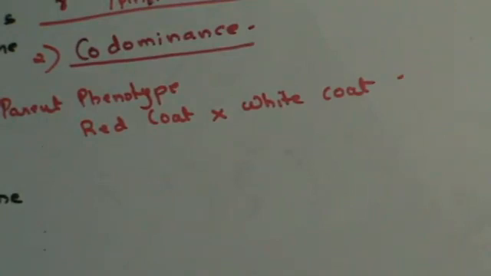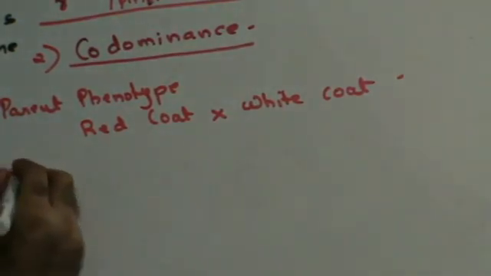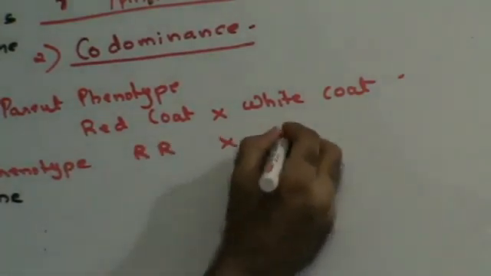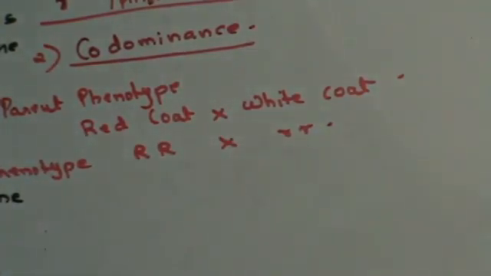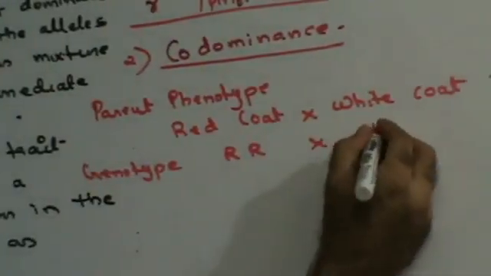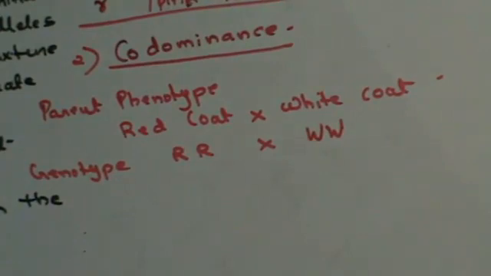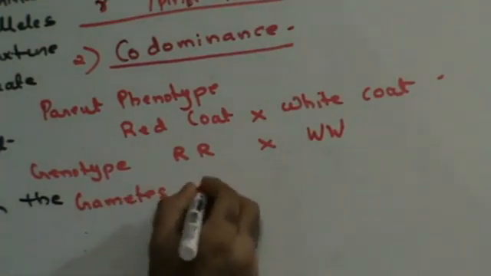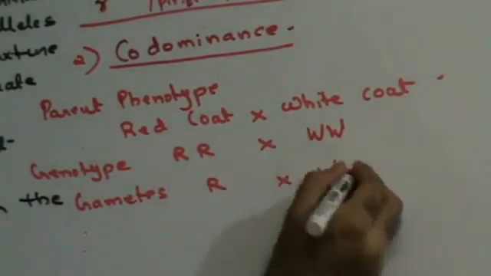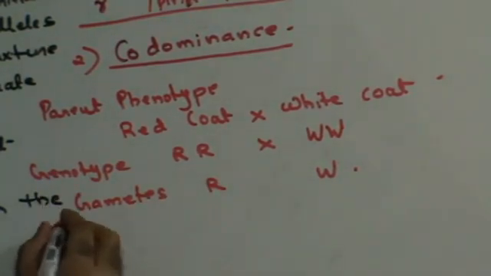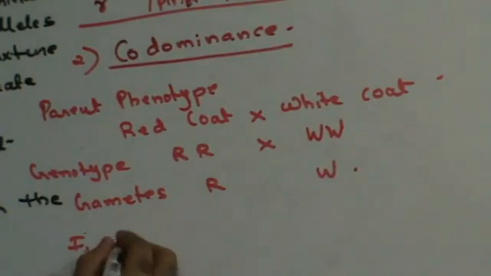The genotype is going to be RR, pure, and the white, let's assume WW, pure. Both are dominant characters. Here you would have gametes R and W. Now in the F1 generation,